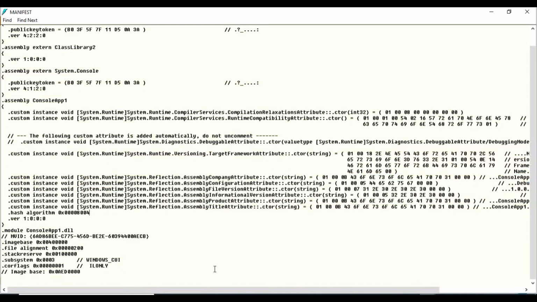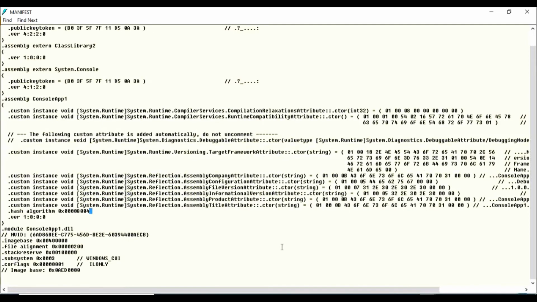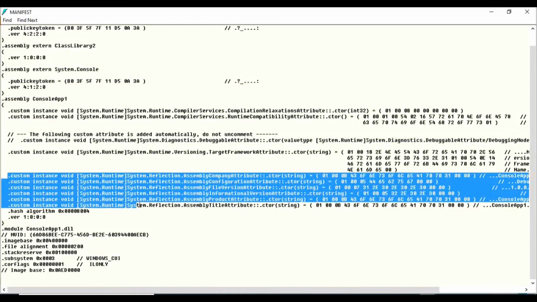Basically, the attributes it is using are the debuggable attribute, compilation relaxations attribute, runtime compatibility attribute, assembly company attribute, assembly configuration attribute, file version, information, product and title. All these things I have shown you in my previous video. That's the same information which is contained in this manifest file.